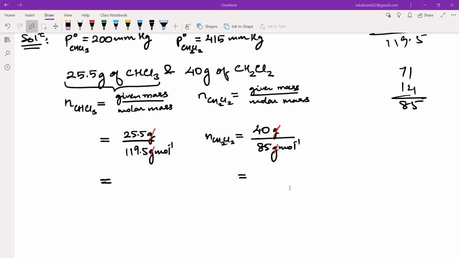Yes, Kulsum, correct. Waiting for others also. Saksha correct, Nida correct. Hamza correct. Yes, Krishna correct. So all of you must be getting for the second one 0.47. ठीक है, मोल्स होगा, please also write the units, and this will be equal to 0.21 mol. ओके,